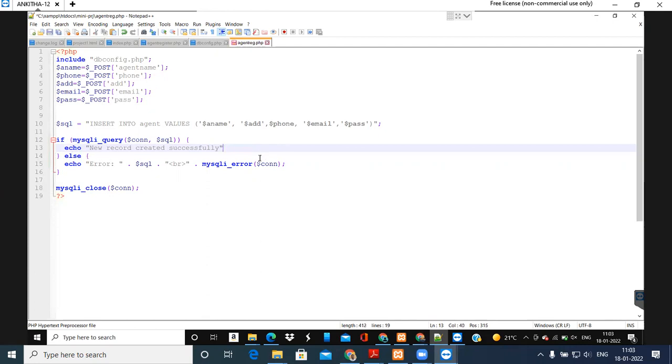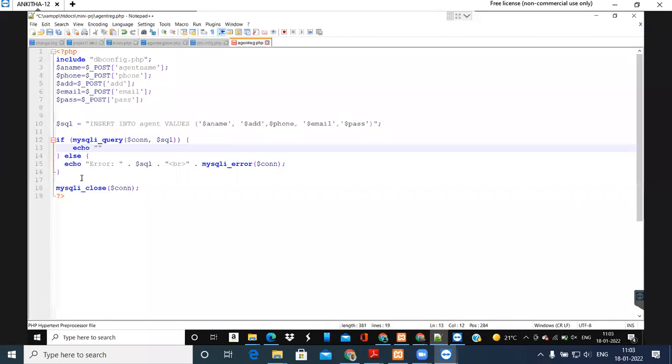So here, instead of echo, instead of "new data inserted successfully", you print an echo. Inside this you type a style tag. I shared that code, I think, on that day. Use that code, students. Use that code to go back, and then header location and all that code I shared in the group. So use that code, and then you add that style.